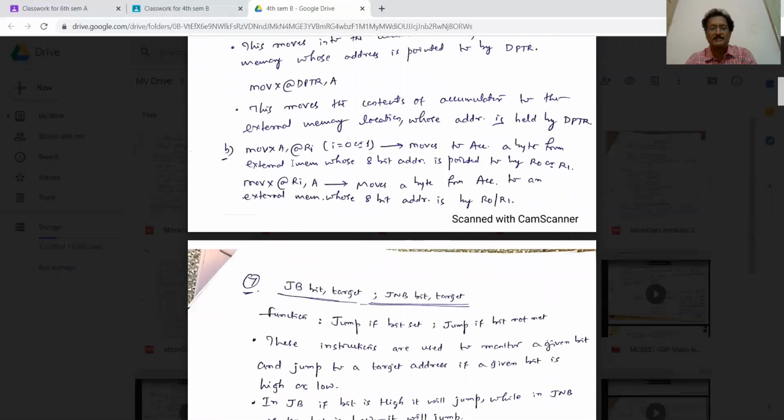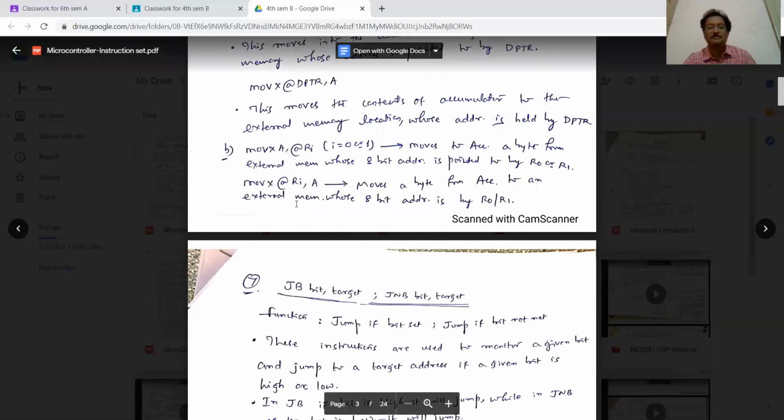One more variation is here, MOVX A, @Ri. I can be 0 or 1. I told you earlier, when you are working with indirect addressing mode, you are allowed to use R0 and R1 only. That is why you can use @R0 or @R1.